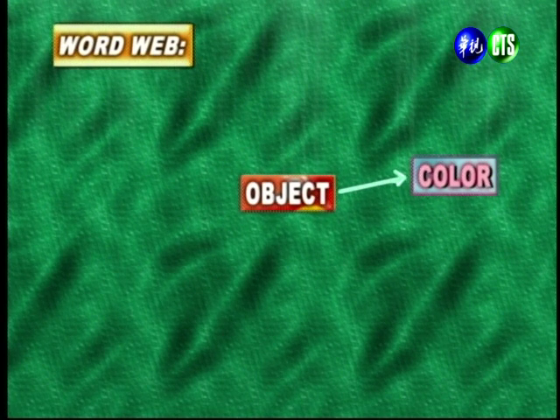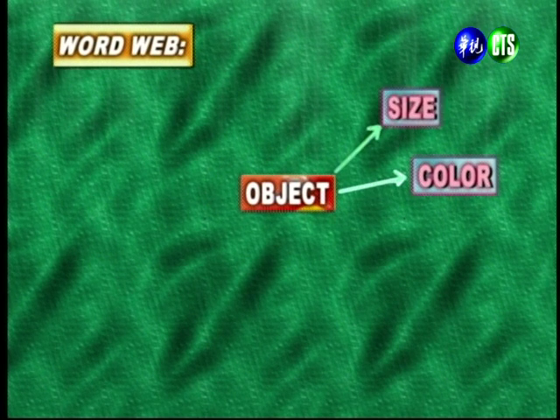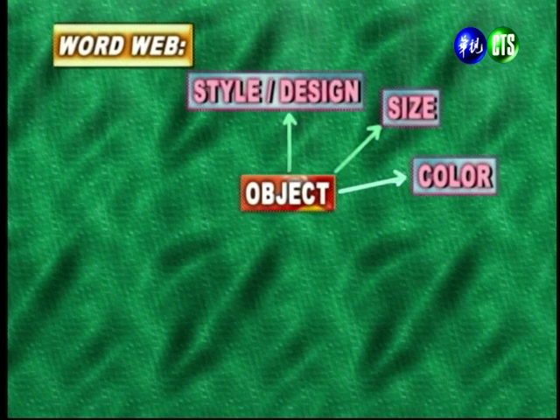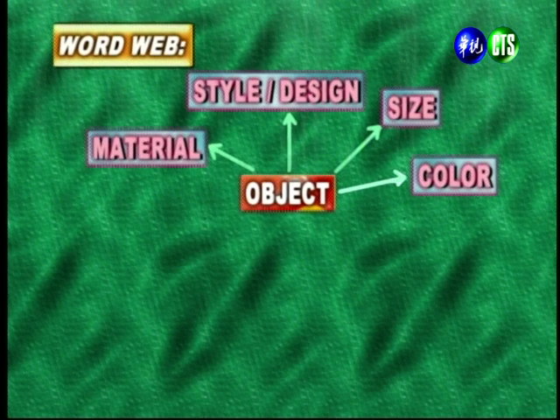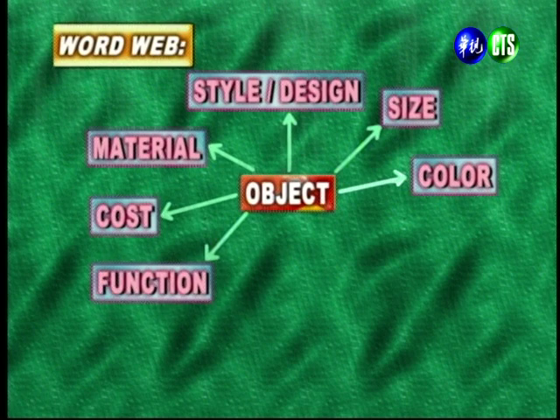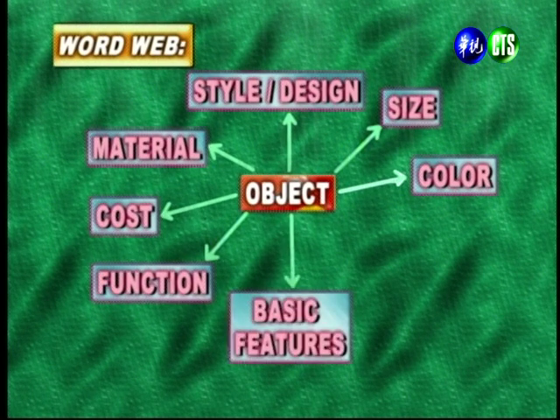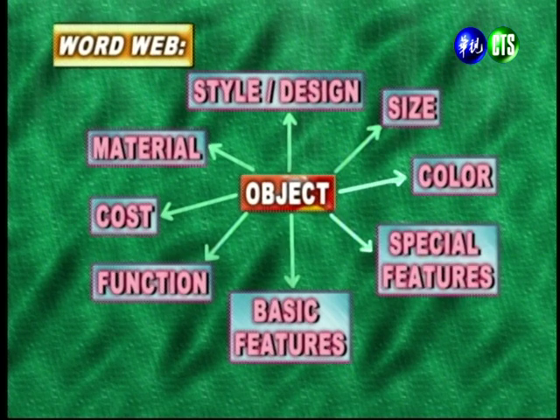And here are some features that we can write about. The color, for example. 好，我们可以写出它的一些特色比如说，我们可以先描述它的颜色。We can also write about the size. 我们也可以描述它的大小。Style or design. 它的一些风格。Material that it's made of. 它的材质。How much it costs. 它的花费。The function of the object. 这样东西它的功用。Some basic features. 它的一些基本的特色。And then some special features. 还有一些比较特别的特征。